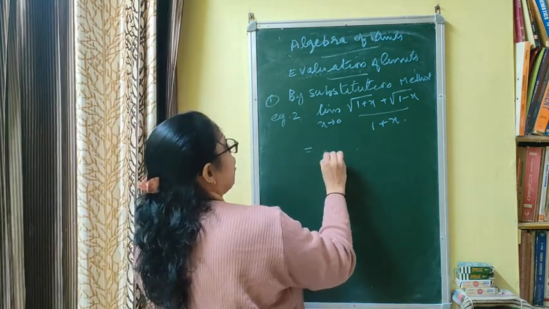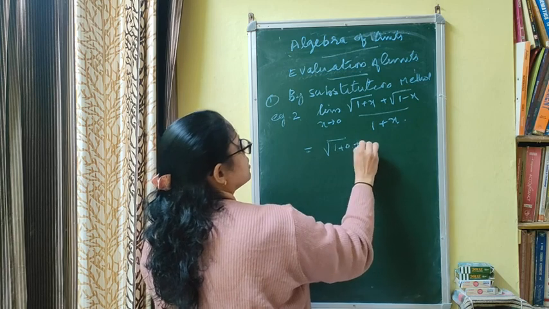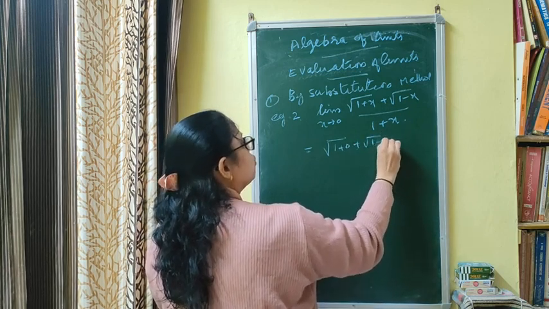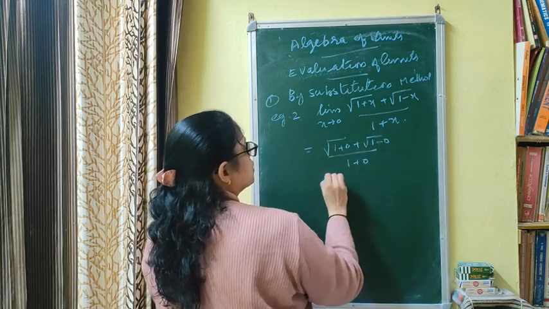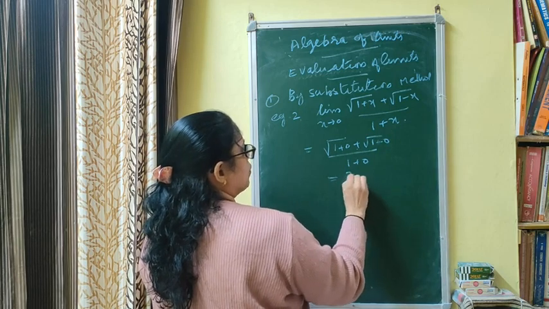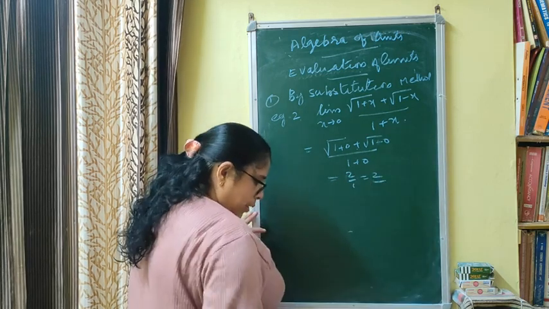Here, putting the value: under root of 1 plus 0 plus under root of 1 minus 0. You can do directly, 1 plus 0 is 1, 1 plus 1 is 2, 2 by 1, that is 2, that is also a finite value. Next is